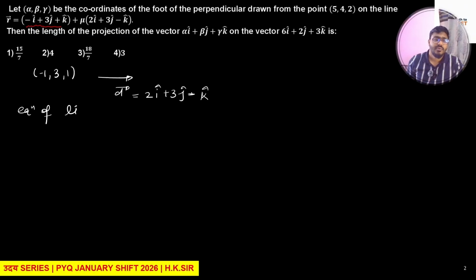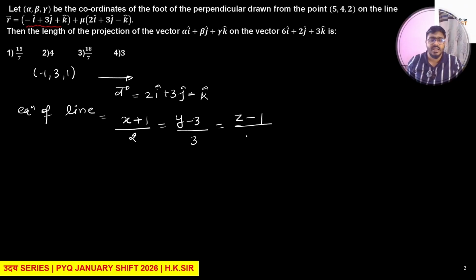The equation of the line can be written as (x minus x1) divided by a equal to (y minus y1) divided by b equal to (z minus z1) divided by c, where the point goes in the numerator and the direction ratios, meaning the direction vector, go in the denominator. Take this equal to lambda. How do we take the general point on this line? So x equal to 2 lambda minus 1, y equal to 3 lambda plus 3, z